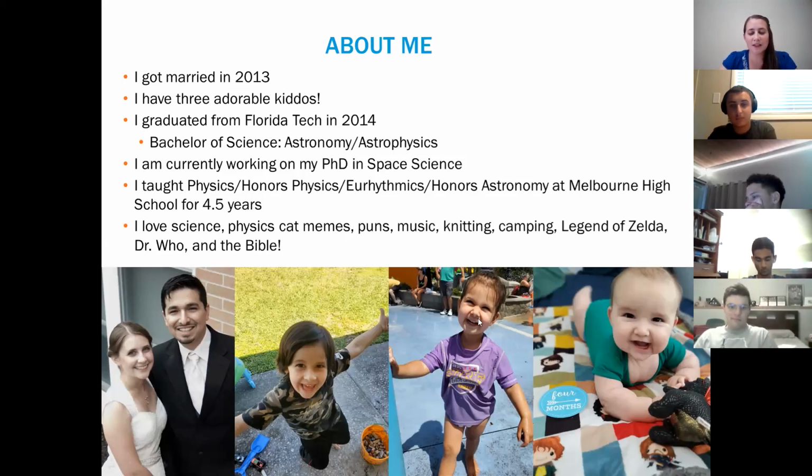So AJ is my first one, Lily's 2.5, and then Uriah is my baby boy who was born right around Christmas time. I started my PhD in space science here at FIT back in 2019. Fun fact, I've had 2 kids since I started grad school. It's a whirlwind. My life is crazy, but I love it. I'm still working on finishing up my courses. I have 3 classes left, and then I can propose my dissertation.